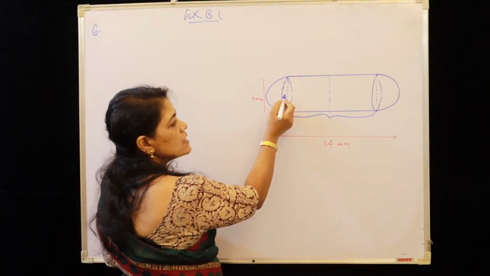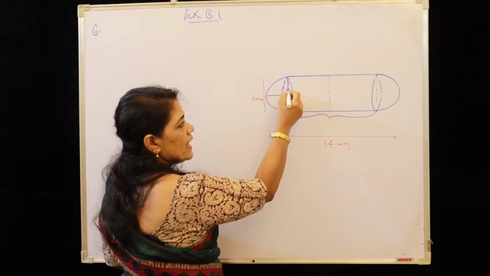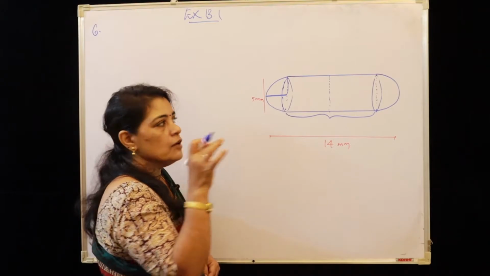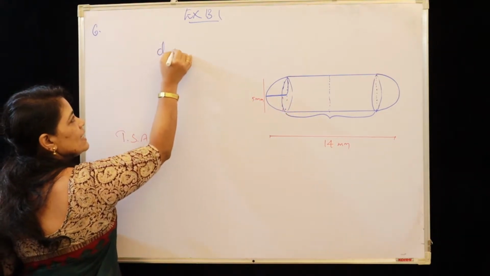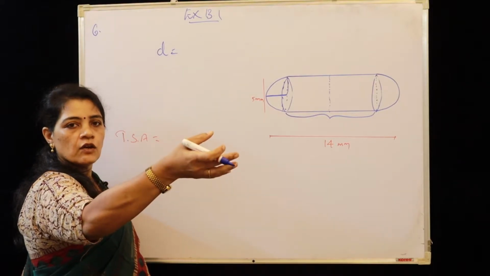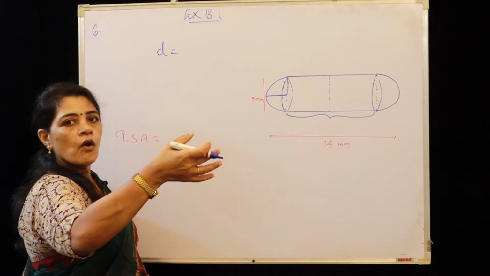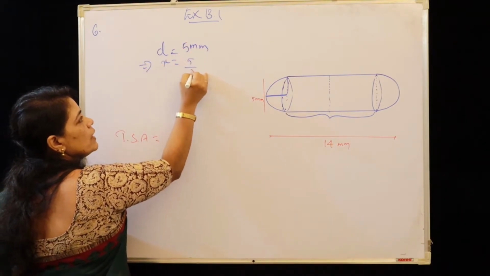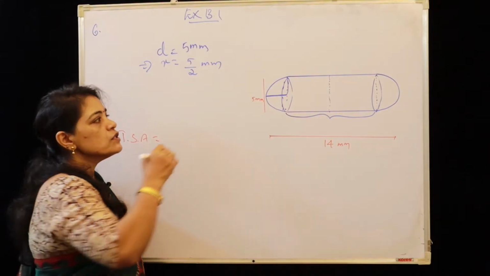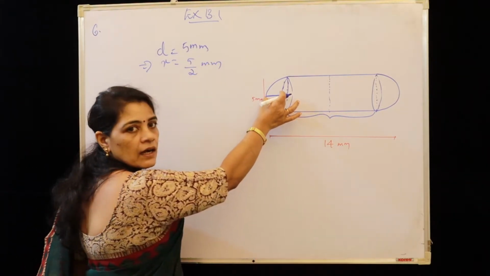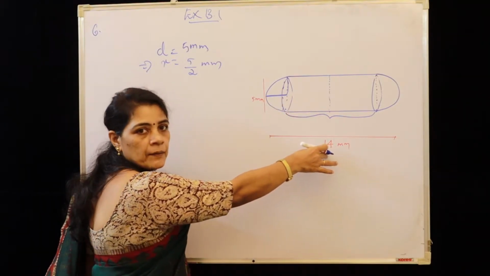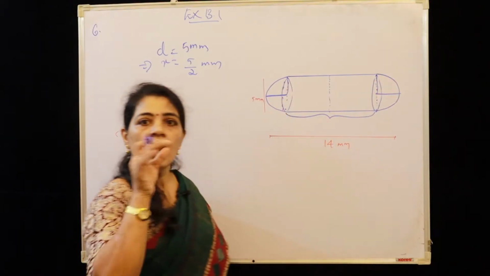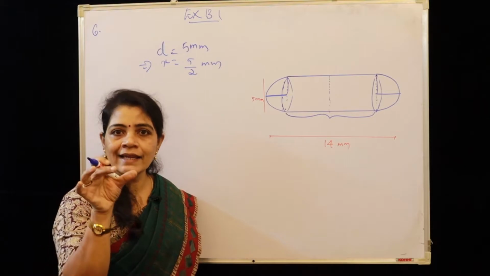Okay, and you have to subtract the radius, and I already told you the height of the hemisphere, both are the same. So here 5 is given as the diameter of the hemisphere, and that is equal to the diameter of the cylindrical portion also. So this is equal to 5 mm, which implies radius is equal to 5 by 2 mm. So this should be subtracted from this 14 mm, and also from the other side, this radius, which is equal to the depth or length of the hemisphere.